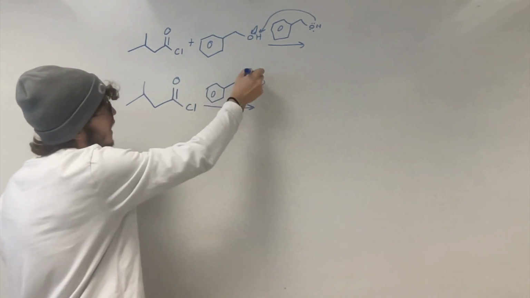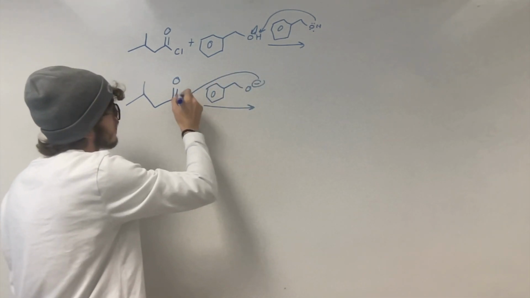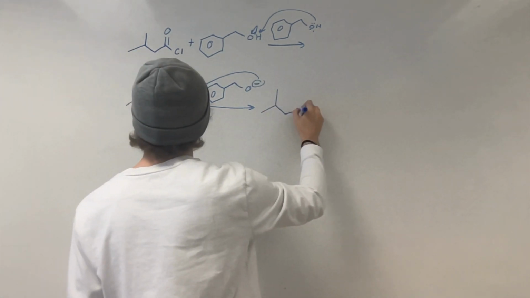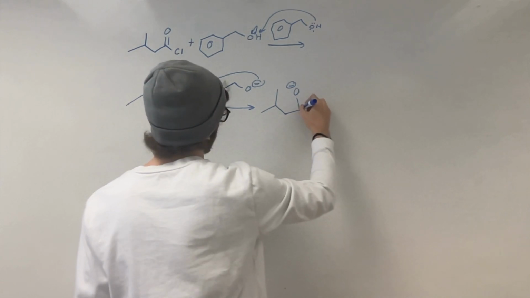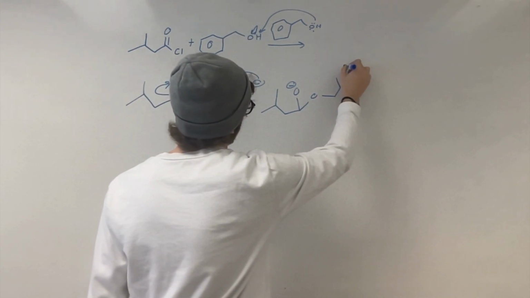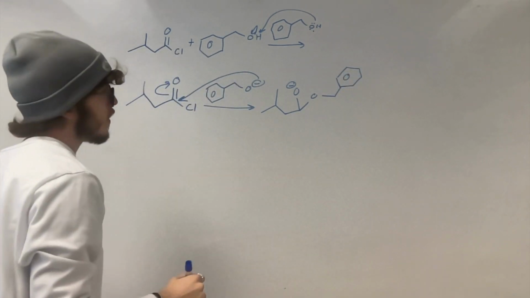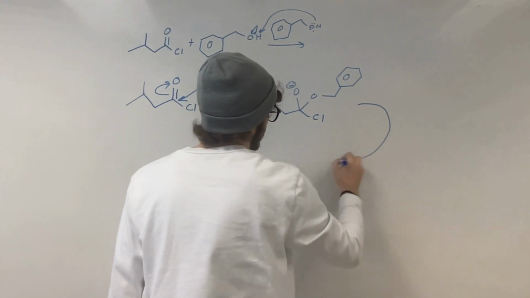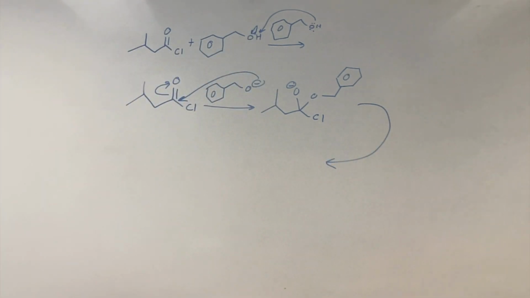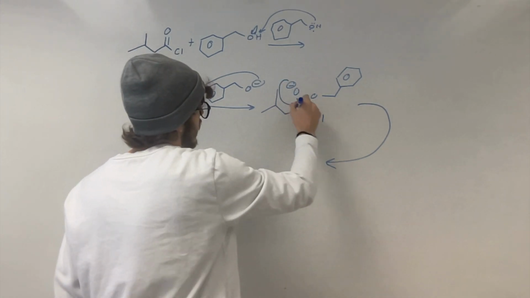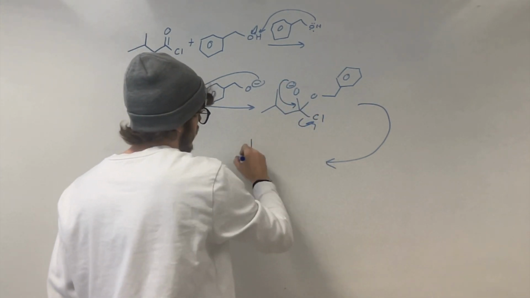So we go ahead and we attack the carbonyl, and we push up electrons, and we'll see that what an ugly drawing I have created. This is like the ugliest molecule ever. Anyways, so the next step is to just simply kick off the chlorine by arrow pushing,